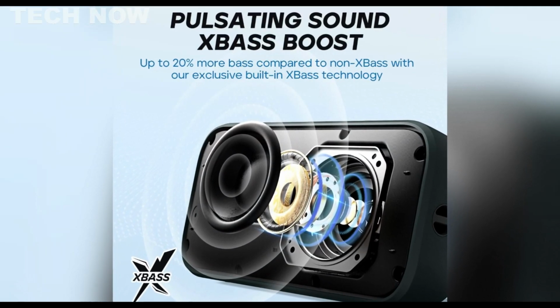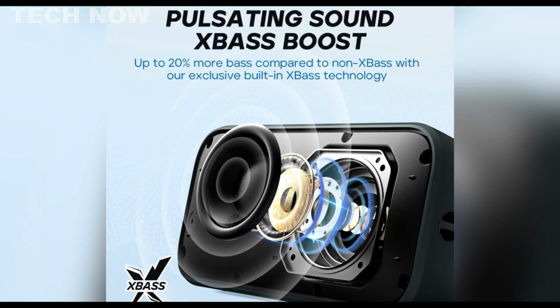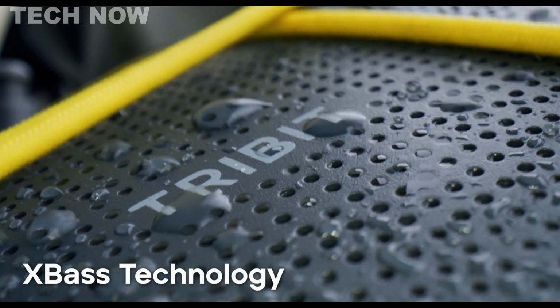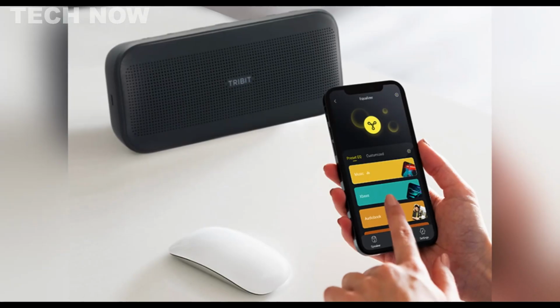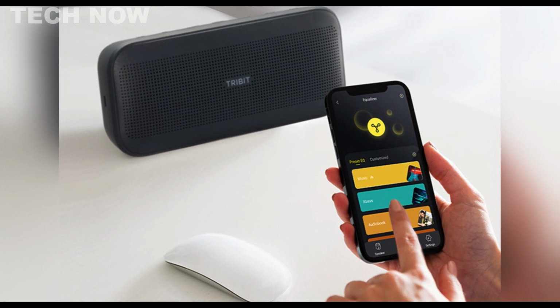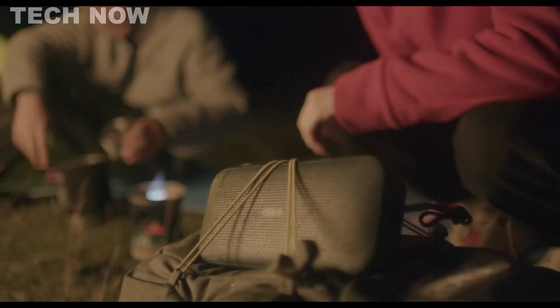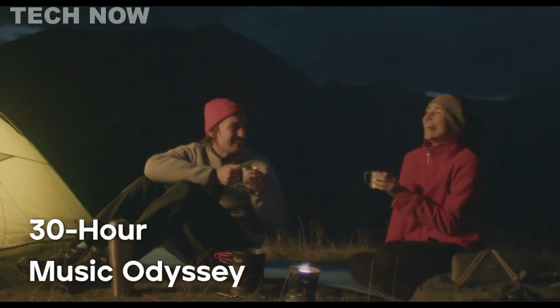vocals and powerful bass. The proprietary X-Bass tuning DSP technology elevates the bass by 9 decibels, creating a transformative and pulse-pounding music encounter at the press of a button. Its ability to outperform competitors becomes evident in the enhanced bass and remarkable 30-hour battery life, a feat achieved through